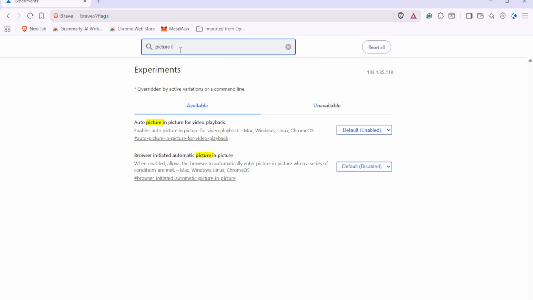You're looking for a flag named Global Media Controls Picture-in-Picture, or something very close to that. This flag controls whether the picture-in-picture functionality is integrated into Brave's toolbar media controls. If you don't see it immediately, scroll a bit or tweak your search term between picture-in-picture and global media controls